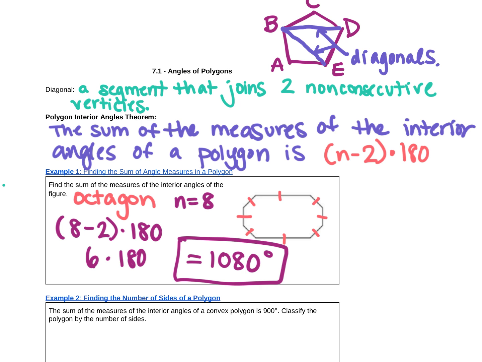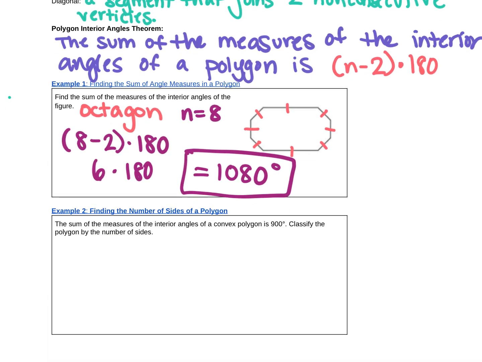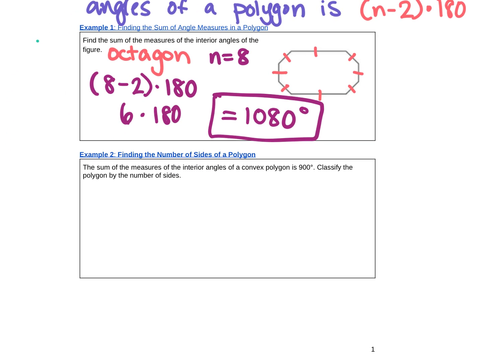Now you guys are also going to have to work backwards. So they will tell you what the angles add up to be, and then you got to figure out the number of sides of the figure. But that's easy. You're just going to say, well, we would have gotten 900. And you got some options. We could either distribute the 180,